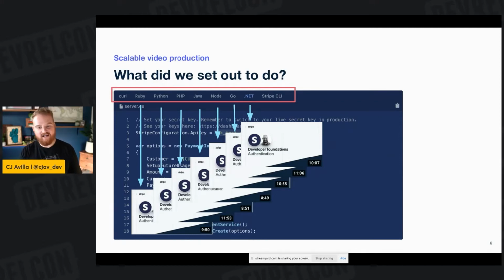Oftentimes these underlying concepts for your API aren't really going to change that much. Whether you're using JWT or token-based authentication isn't going to differ based on the client library or language. What that means is that you can use video to explain these high-level concepts with motion graphics and really rich, high-fidelity explainers that are applicable in all languages. And then separately, you can show the code for how to actually implement that in each language.